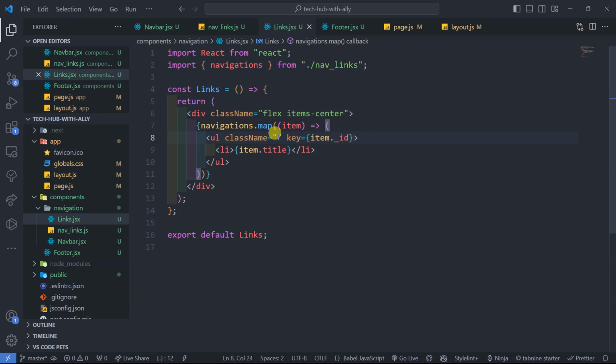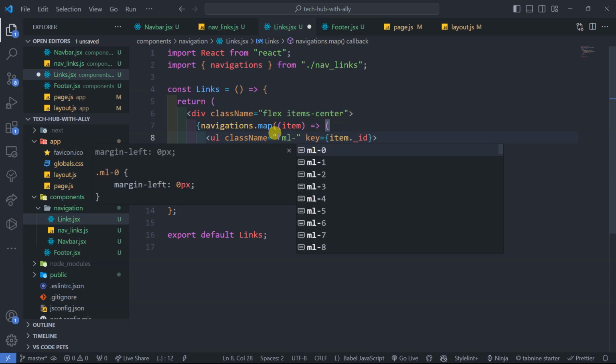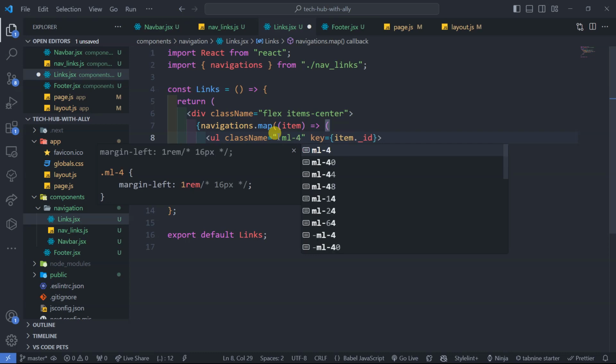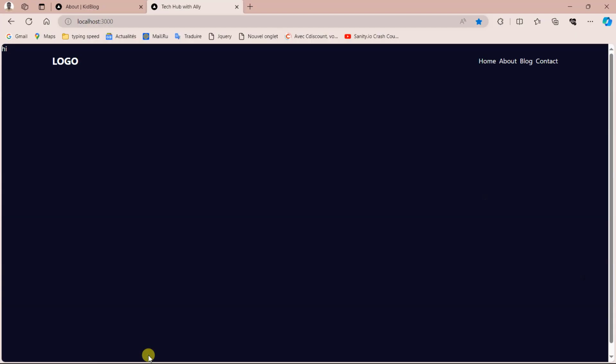Go to ul, make space between them by adding the margin left. Margin to the left should be at least 4, but 4 is too much. Let it be 2. Let's see, where does it leave us? Do that. You can see there is space coming, and then I need to add those texts also